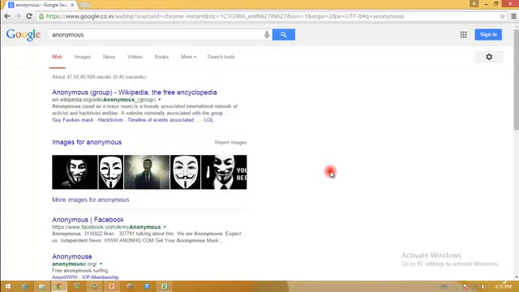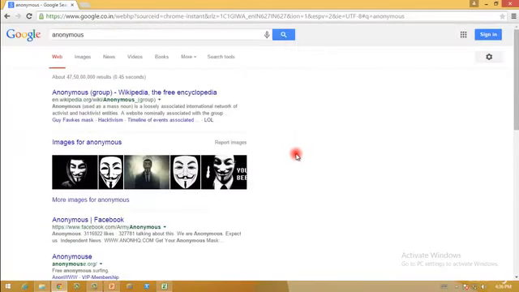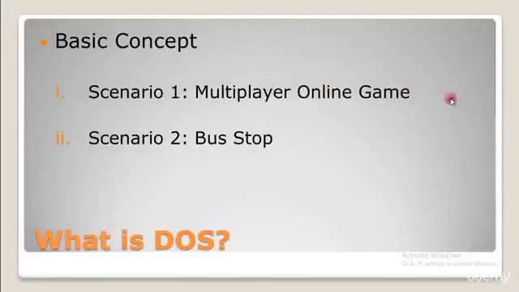Anyone who wants to be anonymous can just wear a mask and help in doing an attack or anything. They have done lots of other things. They have even done some kinds of attacks on different countries as well, and still people are unable to catch them. Even the FBI is behind lots of them, but it's simply not possible to catch all of them. They were not the first to do this attack, but it's because of them that this attack became so famous, and people came to know about the importance of distributed denial of service attacks, because they almost always do this in groups. So if you want further information, go ahead and research them. But today I'll be giving you the basic concept of how exactly this works with two examples.